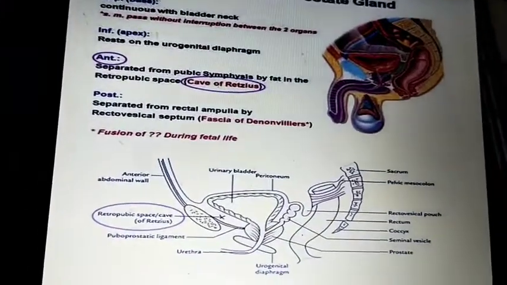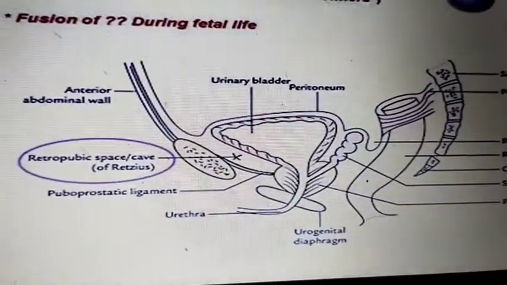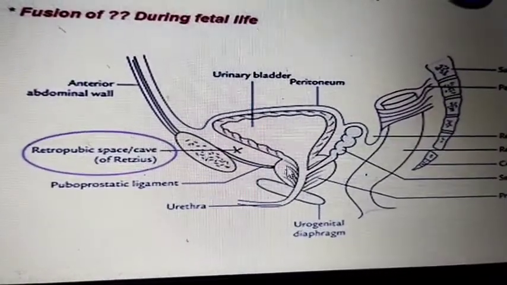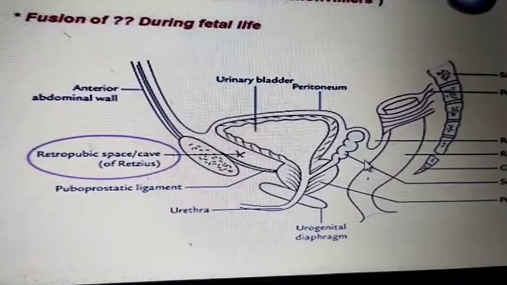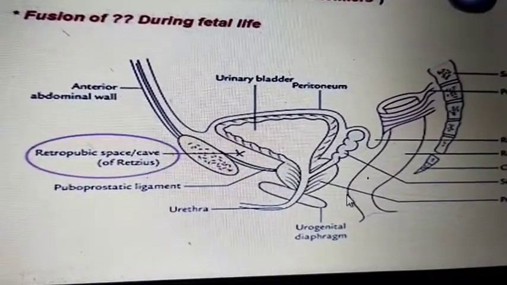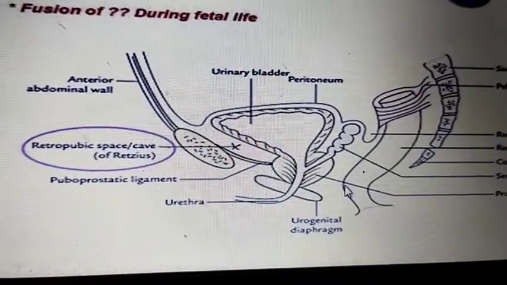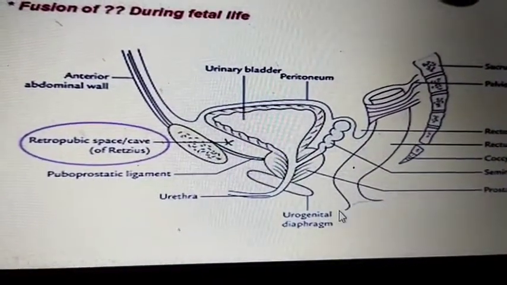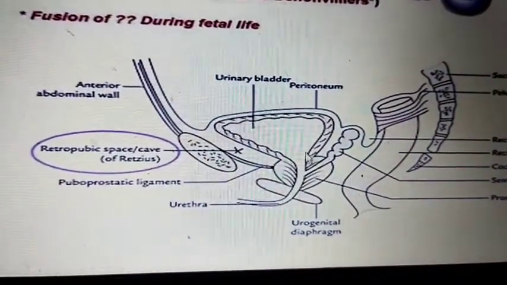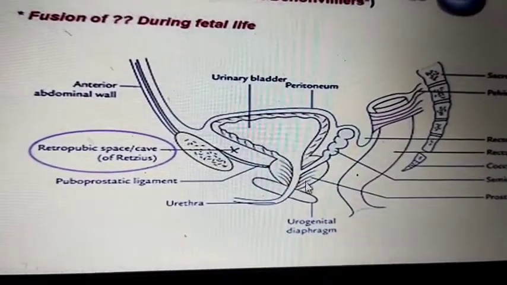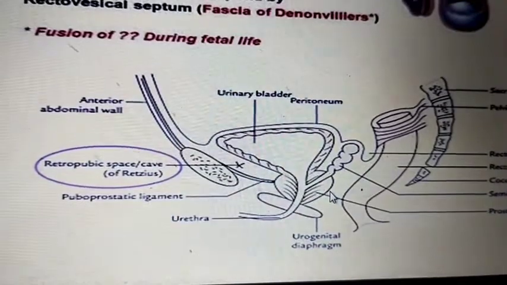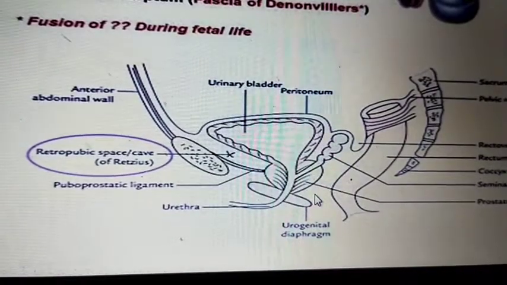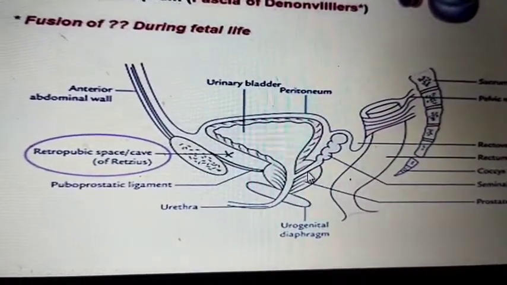You can also see this in the picture. Anteriorly is the pubic symphysis and the puboprostatic ligament. This is the prostate, and this is the ampulla of the rectum and some part of the upper anal canal. During examination of the prostate we can do a digital rectal examination, and at that time you can palpate the lateral lobes of the prostate. Here one fascia is there: the Denonvilliers fascia, or prostatorectal septum.